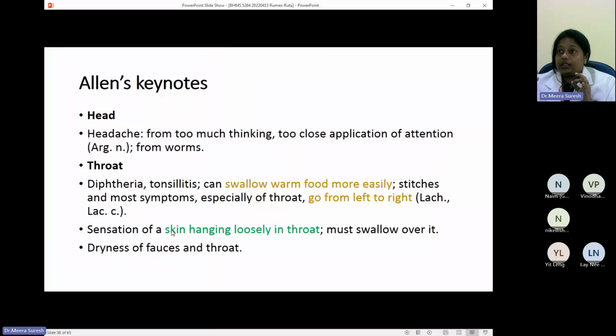They can easily swallow a solid thing during this diphtheria or tonsillitis, but if it is liquid, even snakes, there is a belief like the Hindu religion people follow. I don't know what the truth is in that. I belong to the Hindu religion, but still, a particular day,